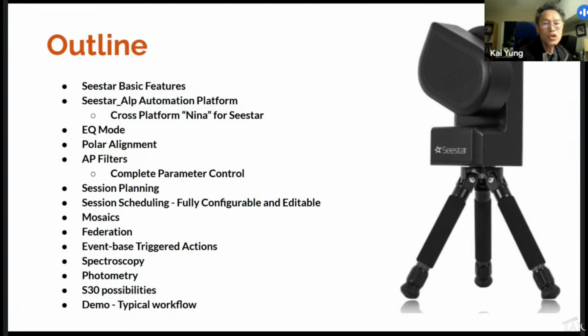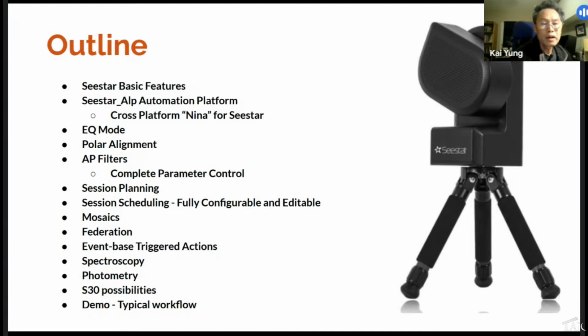We are also going to show you a very cool polar alignment tool that's built into Seestar ALP, and I'll show you that. And then I'll give you an idea of some of the new features that we actually use to improve our imaging, and some of the pitfalls and some of the benefits you get out of that.